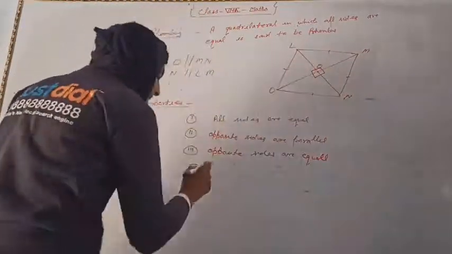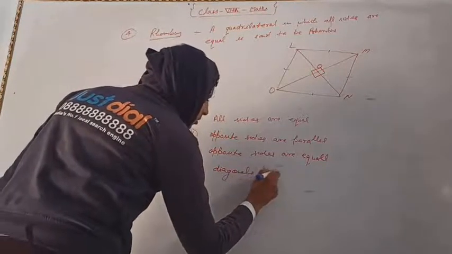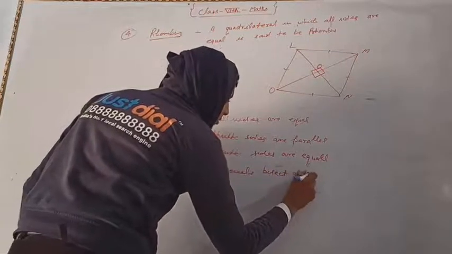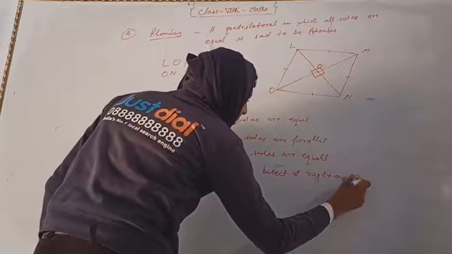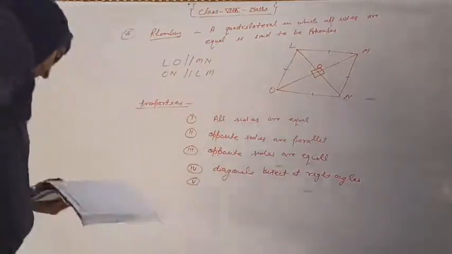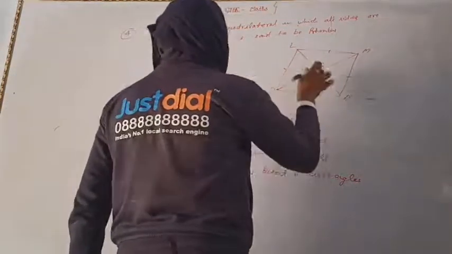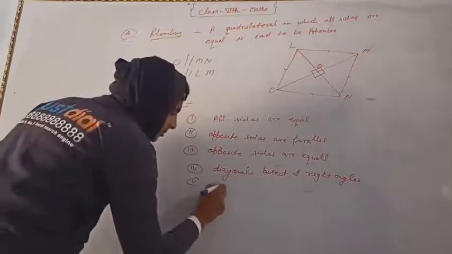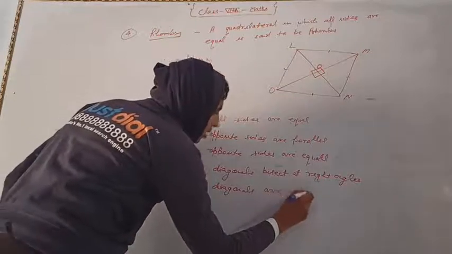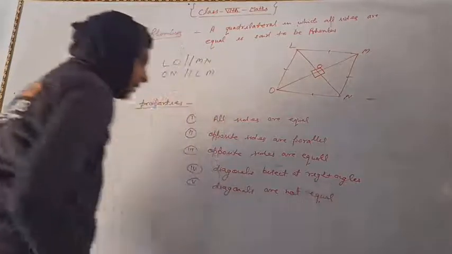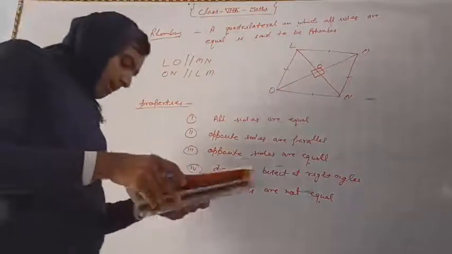diagonals bisect at right angles. Diagonals bisect at right angles, 90 degree. Okay. And in fifth, diagonals are not equal. Diagonals are not equal to each other. Diagonals are not equal. Okay. So some of the properties of this type of quadrilateral rhombus, and you have to also